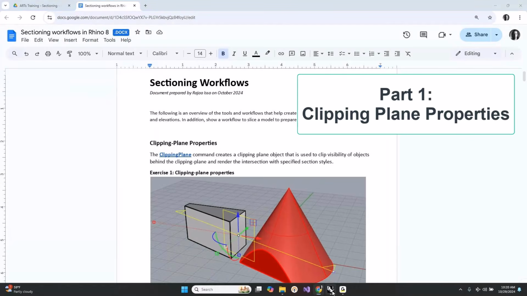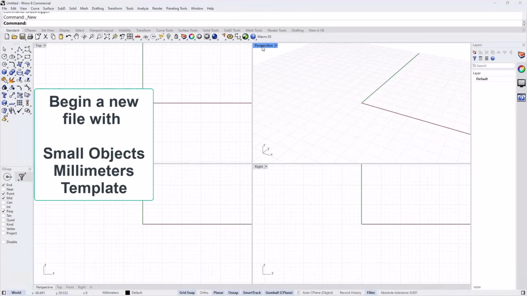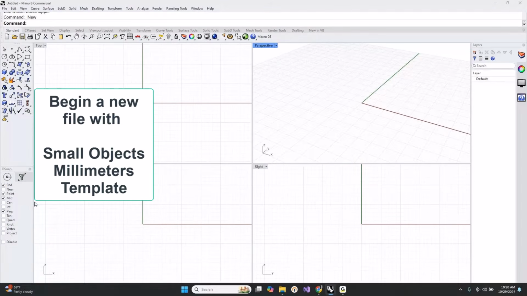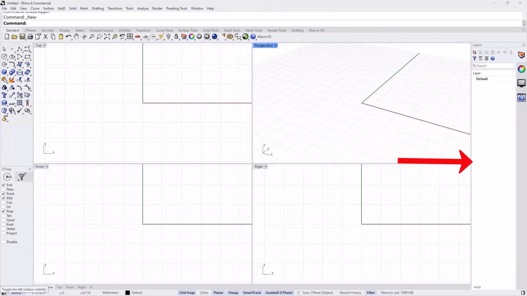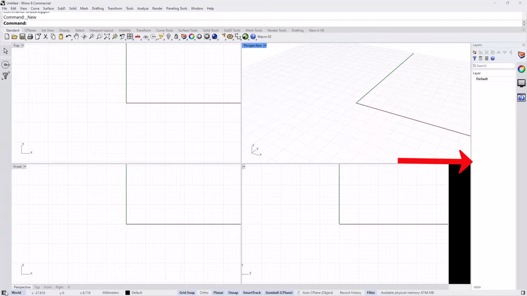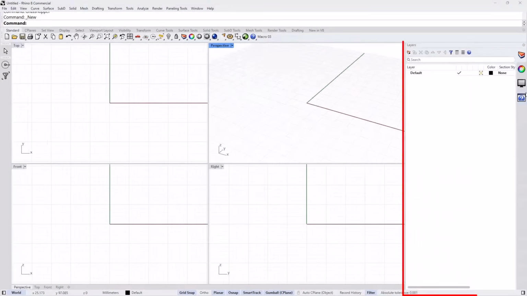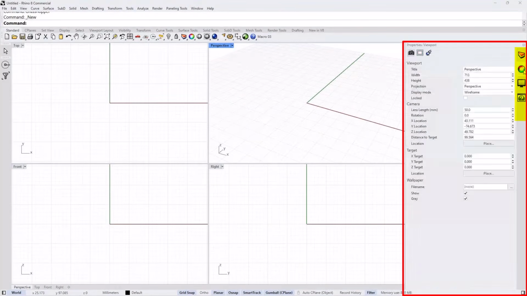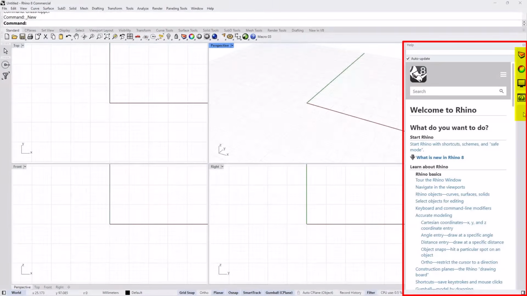I have an empty Rhino file open, and since I'm not going to use any of the tools on the left, in the lower left window, I'll just close these tools temporarily. However, we're going to look at the properties panel quite a bit. So there will be the layers, the properties, and by default, the display and also the help file.